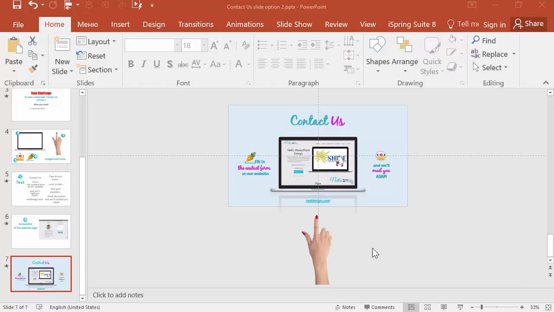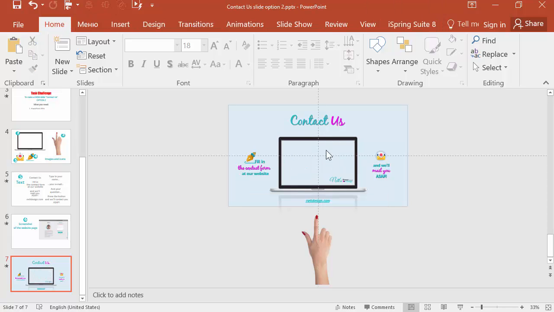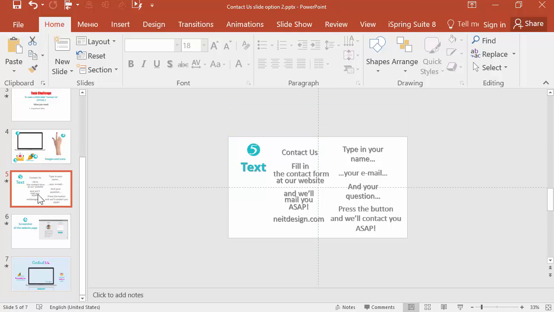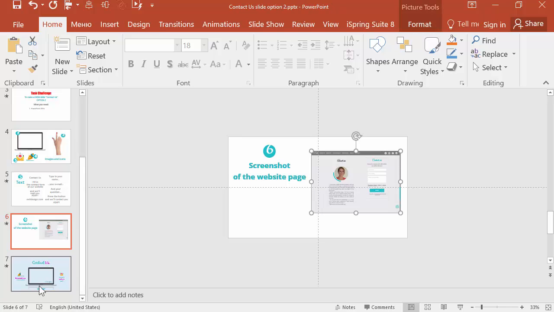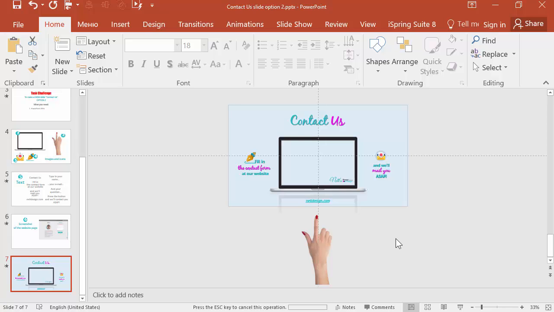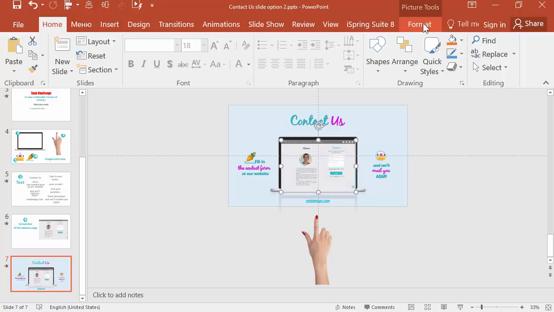Okay, let's start from the previous lesson where we already crafted the Contact Us slide with a video. Then let us delete the video from the screen and leave everything as it is. Let's go to our tools, to our instruments and prepared graphics, and take a screenshot of the web page. Copy it and place it on our slide. Let's align it properly. Reduce its size holding Shift key to not lose the proportions,